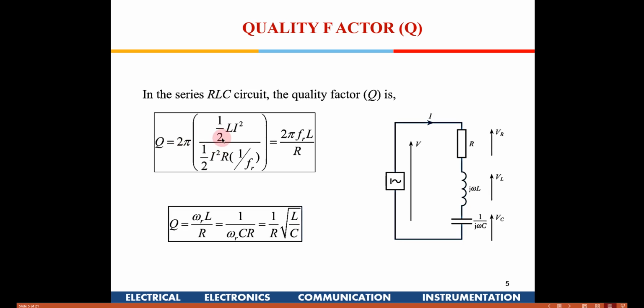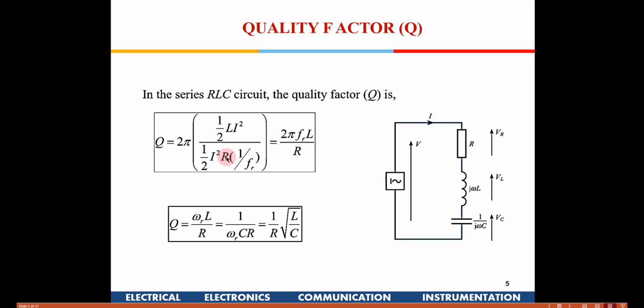So here in this particular derivation, I have considered the energy being stored in the inductor, which is half L I square, and what is the energy dissipated, where I is I max. Similarly, the energy which gets dissipated in this resistance will be I RMS square into R, that is the power. We know the power, right? Power is I RMS square into R. So if I take the max value, then it will be I square by 2 into R, but that is